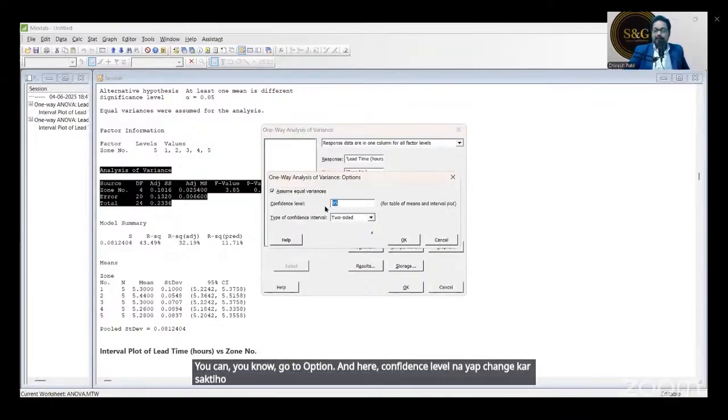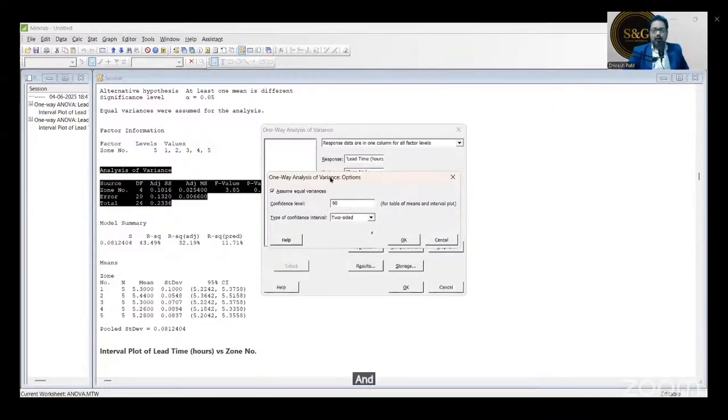If you want, let's say you have a small sample size and you want to check it at 90% confidence level, then you can check accordingly. When confidence level is 90%, P value has to be checked not at 0.05 but at 0.1. See, confidence level plus significance level is equal to 100.